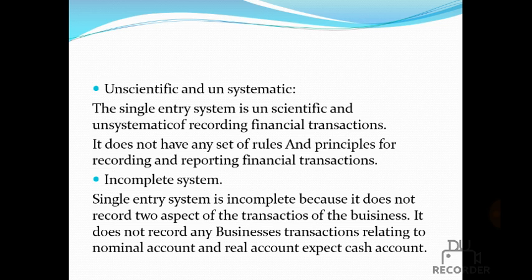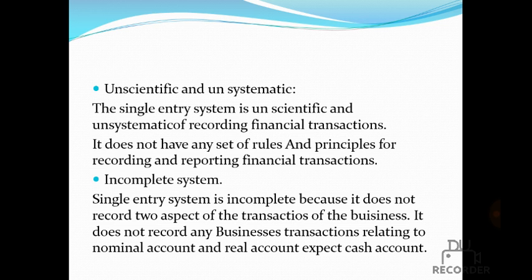In the real account a lot of accounts are there: cash account, purchase account, machinery, and so on, but we prepared only cash account. We didn't prepare any other accounts except cash. In this single entry system we have to prepare only cash account. It is the main book. And then nominal accounts include all the expenses and